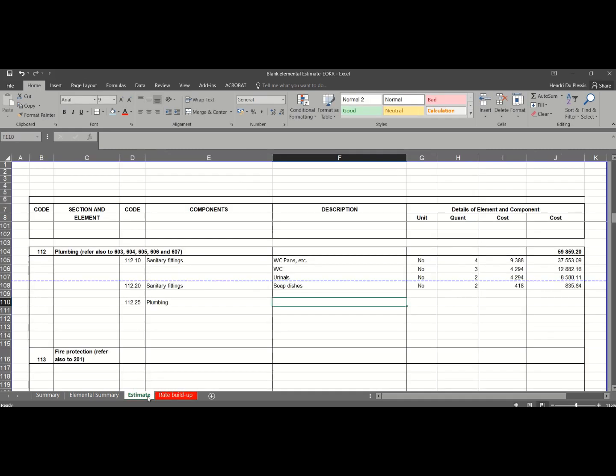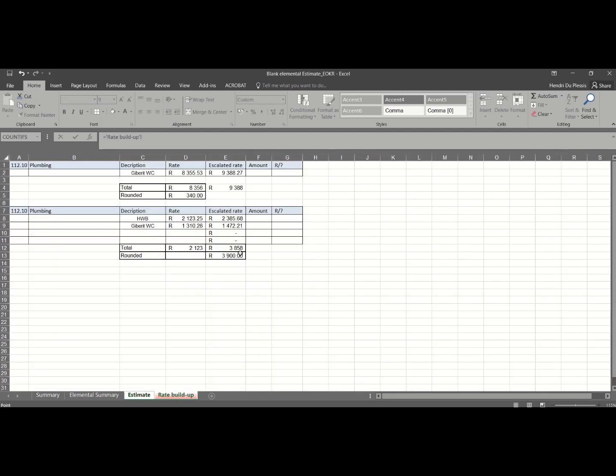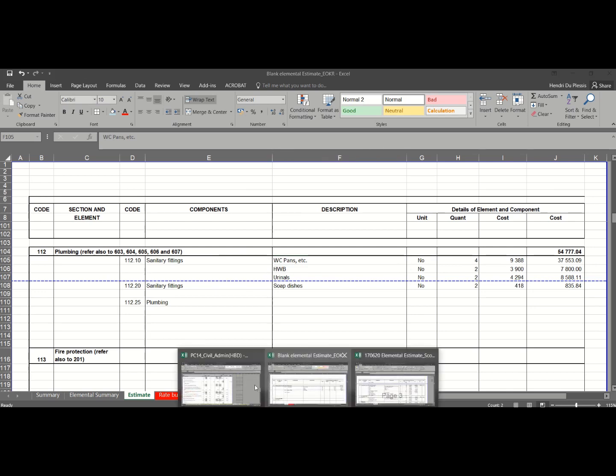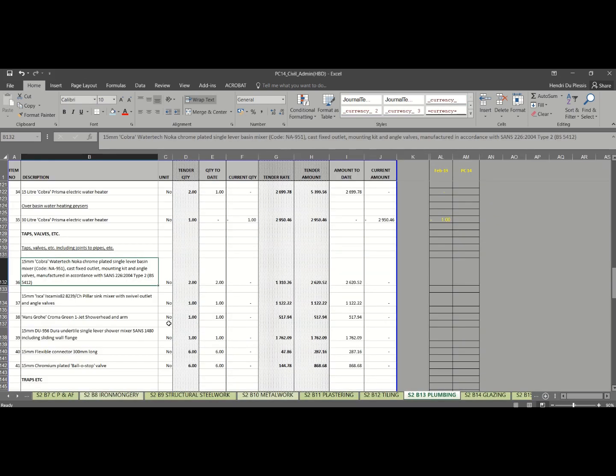Okay, and then you would take it over to your estimate. I don't have a hand wash basin, so let's add a hand wash basin here, and let's say we have 2 according to your drawing, and then you just bring your rate forward. Okay, so that's more or less how you do your plumbing